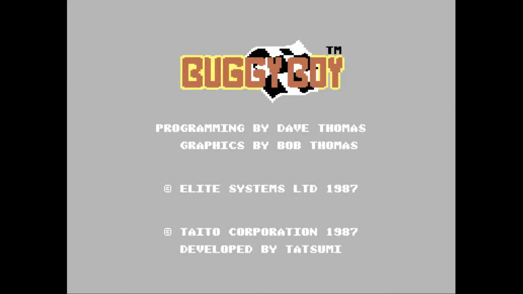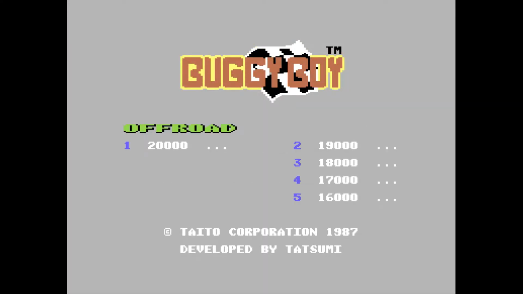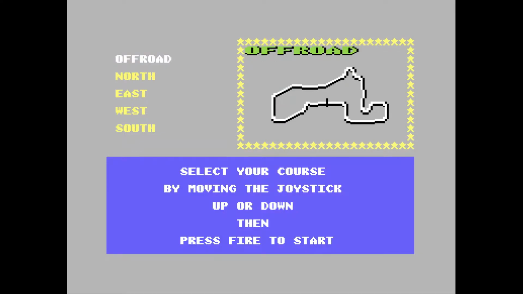Now, as you can see, loading in from tape is really something that we in Europe had to work with. The C2N datasette was the preferred way of loading in games, contrary to the States, the US and Canada, where the floppy drive, the 1541 floppy drive for the Commodore 64, was the way to go. And here we are, we've loaded, so let's press stop on the tape deck. And yeah, let's press fire and just